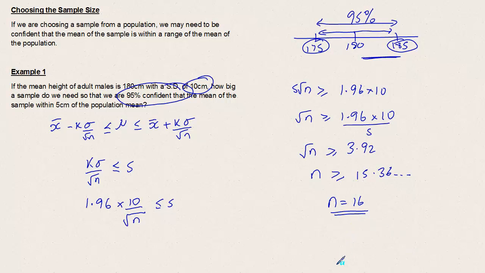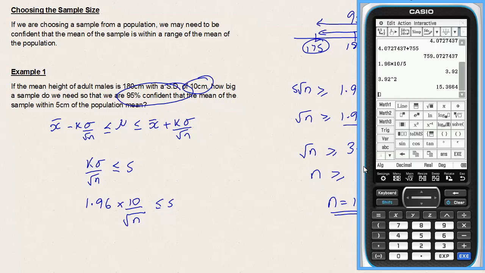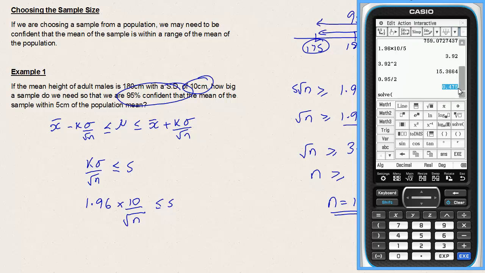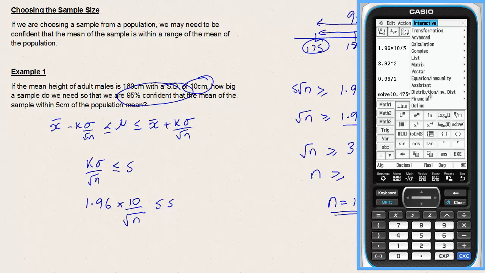Now, is there another way of doing this? Well, there's always other ways of doing things. So what we could do is, first of all, make use of the symmetry. 0.95, if we divide that by 2, that's 0.475. Then go Action, Advanced, Solve. Bring this 0.475 down into here. Is equal to interactive, find the normal CDF,